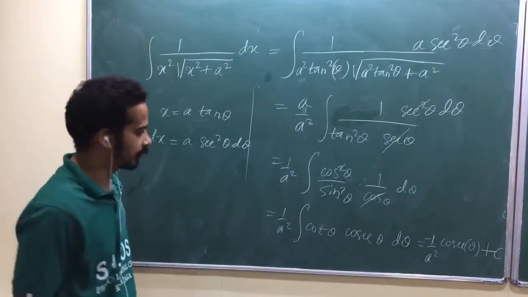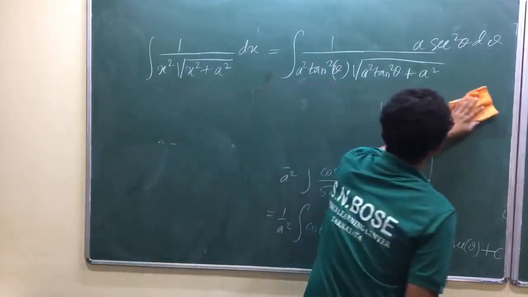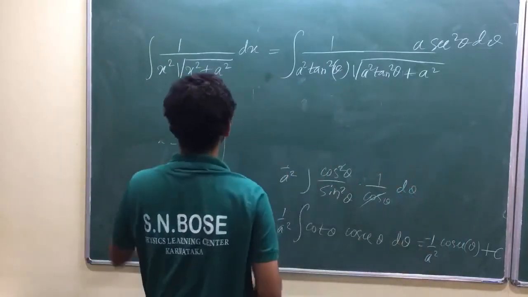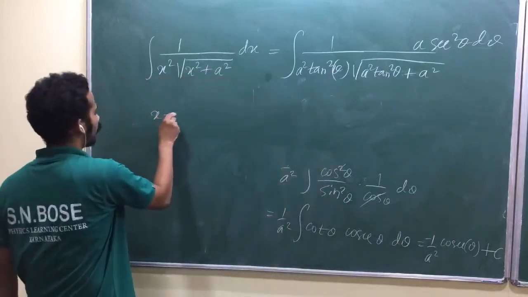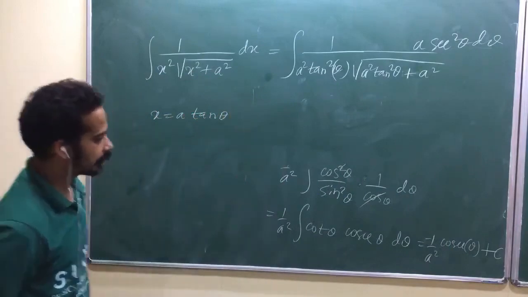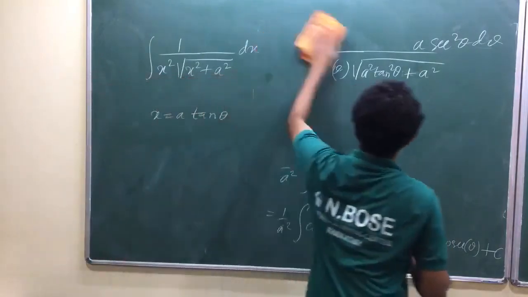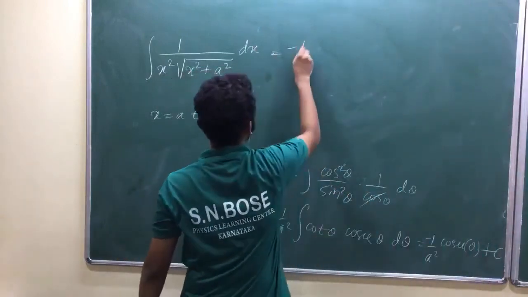Yeah, that's correct, plus c. Am I right? Now, what I prefer is to convert back in terms of x. Is that okay? I have substituted x equal to a tan theta, isn't it? What is my answer? The answer of this integral became minus 1 by a square